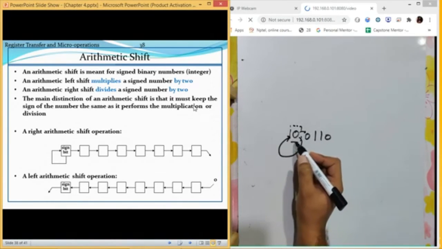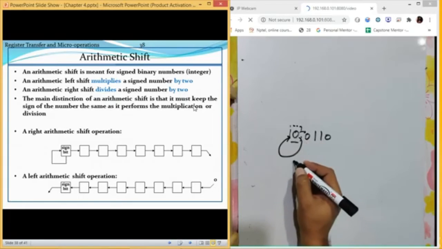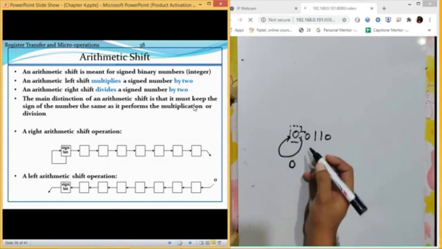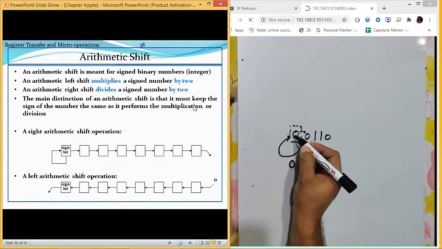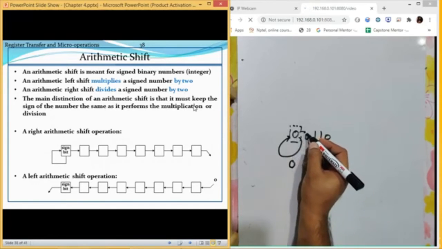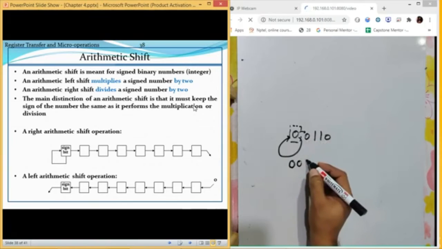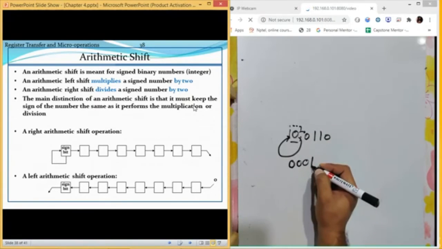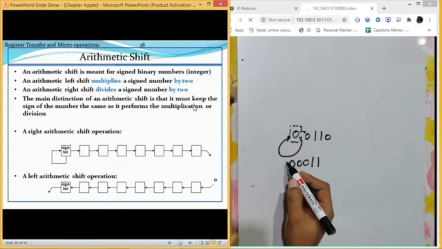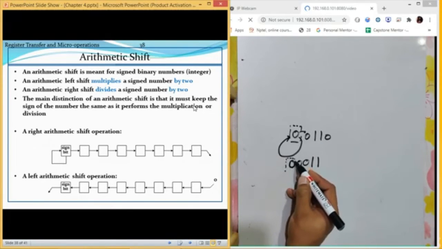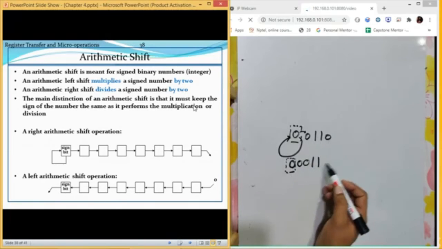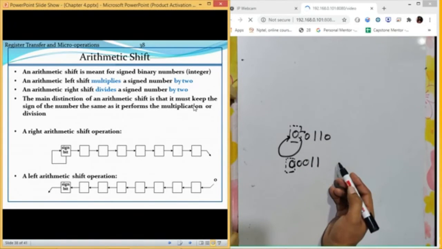So if I perform an arithmetic shift right operation, the data will become 0, like it is a replication of the same value, and 0 is also shifted. So 0, then this 0 is forwarded, then 1, then 1.